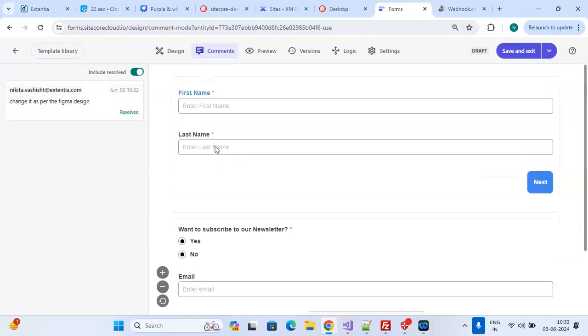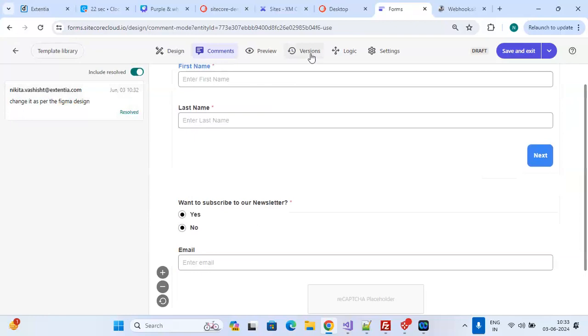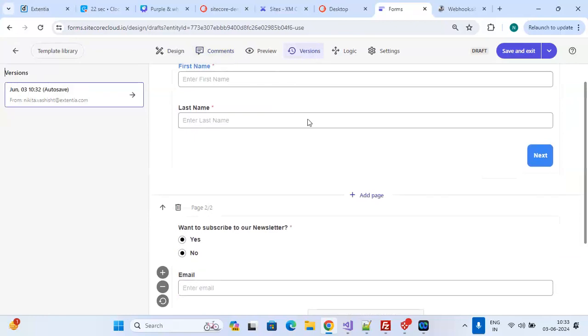So here you can add comments as per the field, or if you want to make changes, then there is a tab for versioning also. There is an auto save version that is already there. But if you want to edit the form and you don't want to use the current version and you want to add another one, so what you can do is,